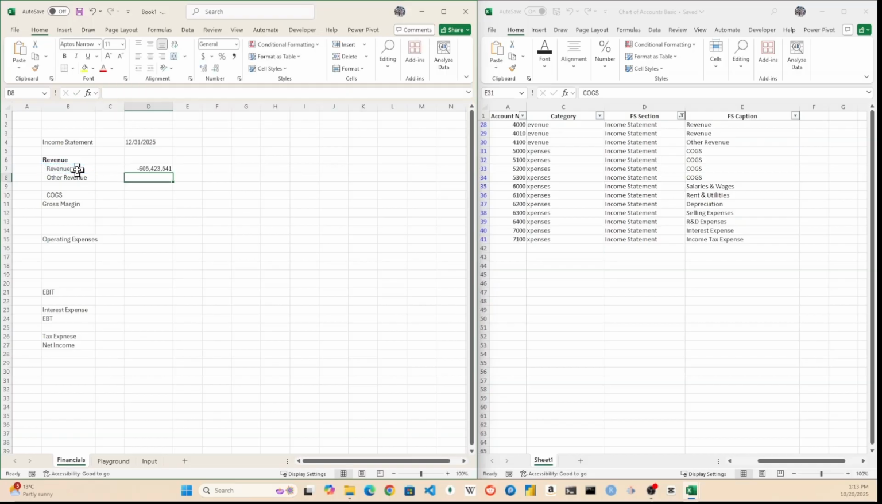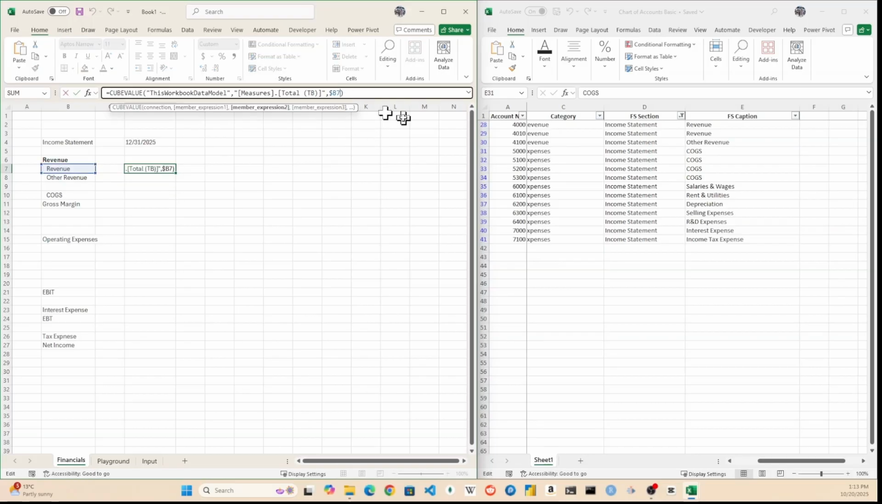That's the total revenue for the entire table. But we don't want the total. We want the revenue for a specific date. So for the third member expression, we'll link it to the date CubeMember cell. Let's fix the row reference this time so we can copy the formula down later. Hit enter again, and then there it is,